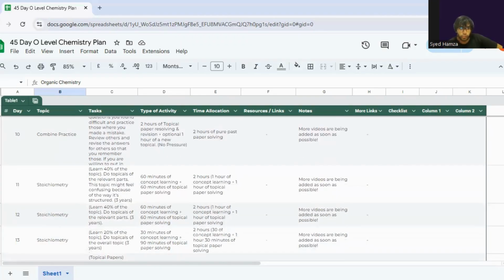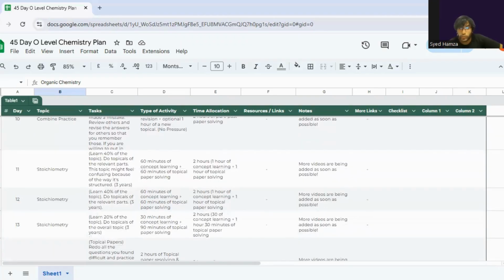And the next topic then you have is stoichiometry. Now, this is a topic where you might need to spend some time. For some, this might be very easy. For me personally, it was the most difficult topic in O-level chemistry. So everybody has it differently. So you're going to spend at least 3 days doing this. A lot of questions are asked from this topic and in different sort of topics. Stoichiometry comes in different formats, different forms, and different topics. So you're going to spend 3 days doing this.